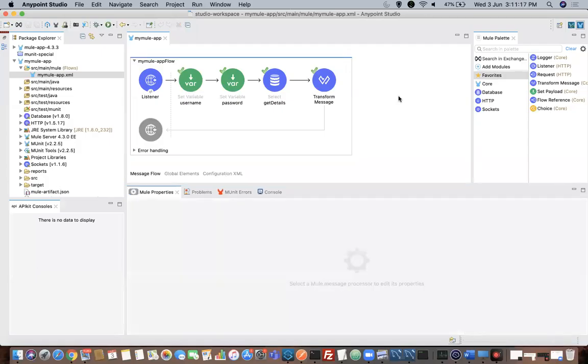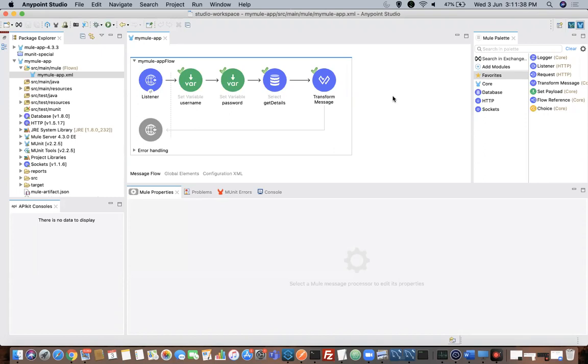Hello everyone. Today we are going to see how we can write the MUnit test cases from Mule 4.3 version runtime. So do we really need to write any test cases? I can say no. MuleSoft can auto-generate your test cases. It will write MUnit test cases for you. Let's see how we can achieve this.